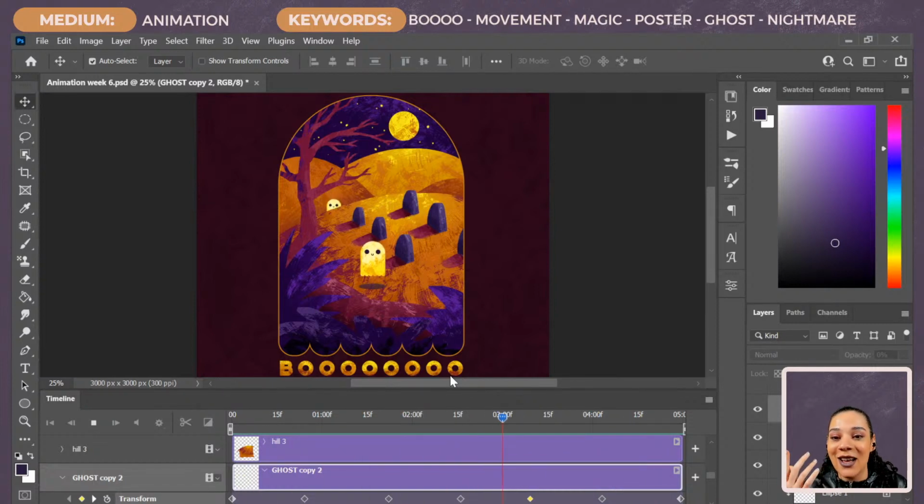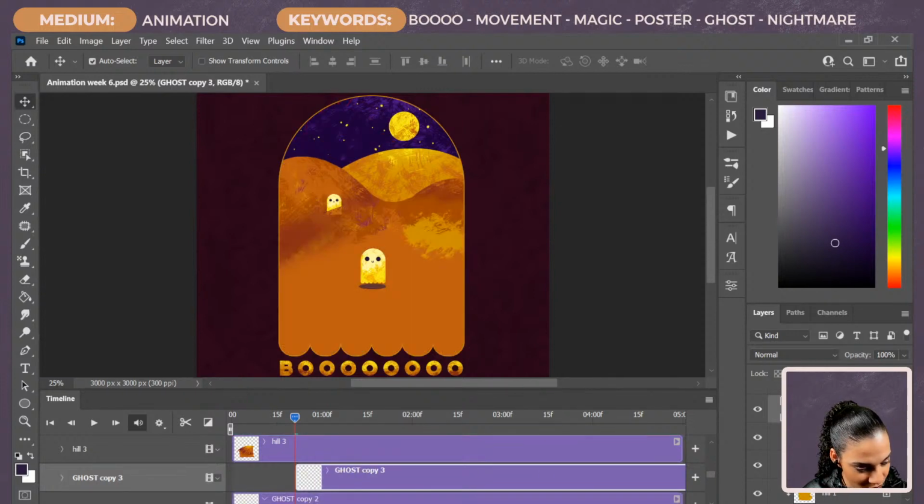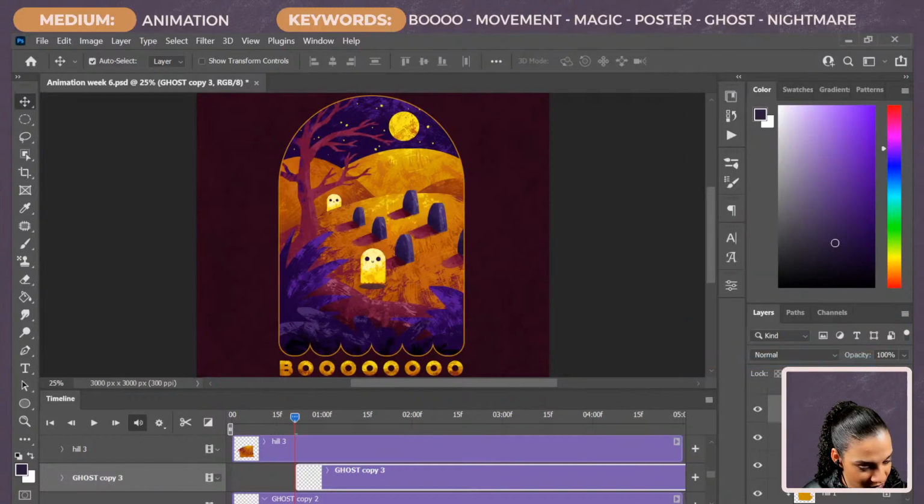So we've got Ghosty number 1, we've got Ghosty number 2, and we've got 10 minutes left, so let's add in Ghosty number 3, and then if we have some time, we can add some clouds moving in the back, okay? So let's do that. Let me pause, and then let's duplicate again. Oops, what have I done? Create clipping mask, there we go.